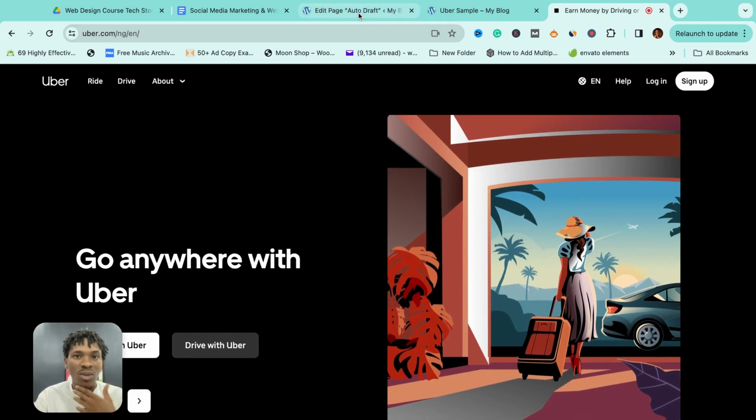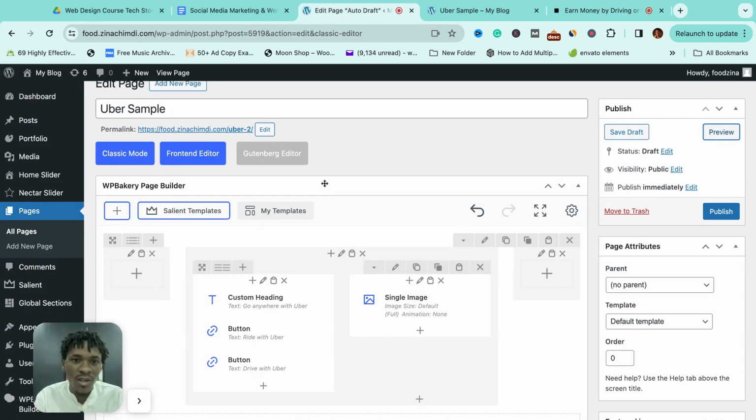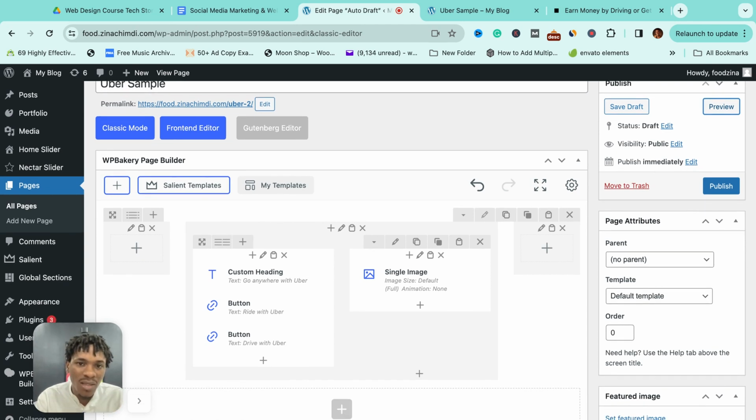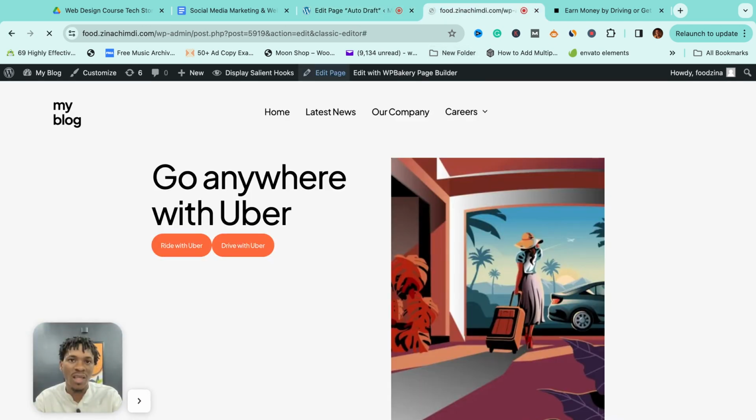So how do we do that? That's where what we call margin padding comes in. That's pretty much spacing. It's a matter of spacing now. The first thing we would do is apply a spacing to this entire column, right? If you notice, there are so many edit buttons. There's one here, there's another one at the top. Let me explain what that means. Whatever edit I make to this place, it affects everything in the row. So for example, if I add spacing to this row,